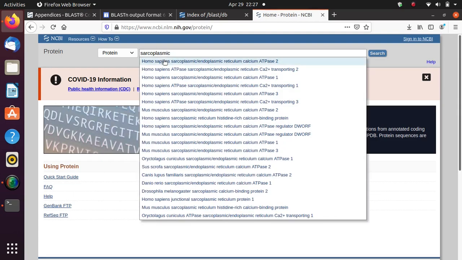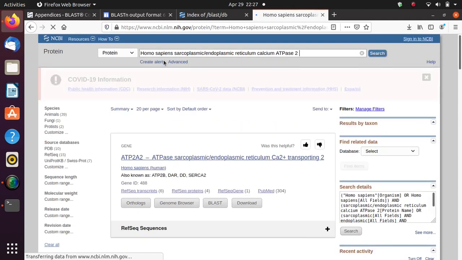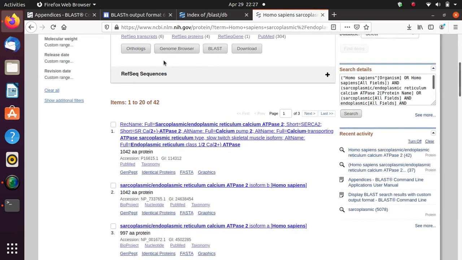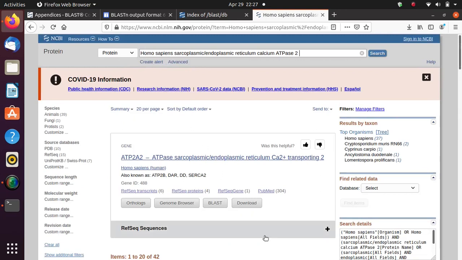I'll just use the Homo sapiens one. You can see there are several isoforms for the same protein. Before downloading, I'll filter for Homo sapiens alone, since there are other species also. So just click on Homo sapiens.